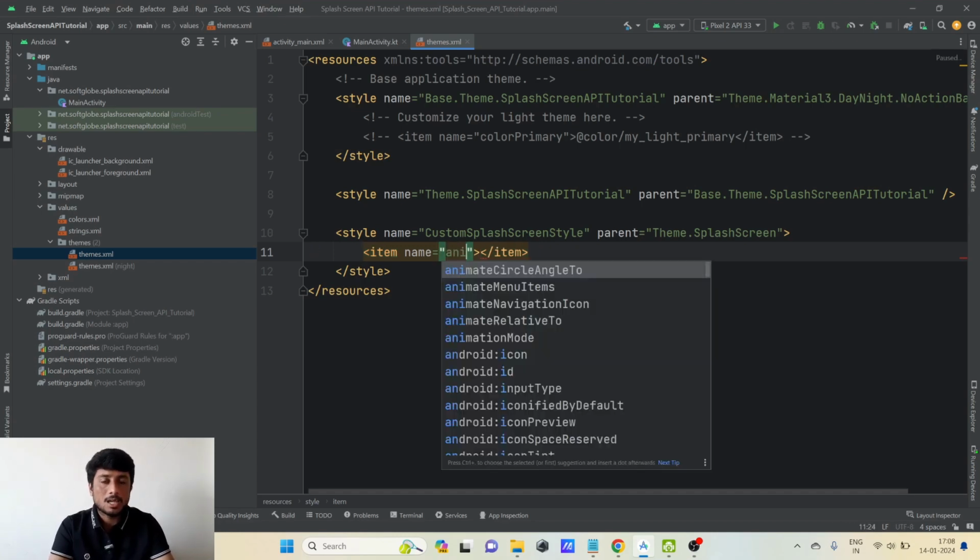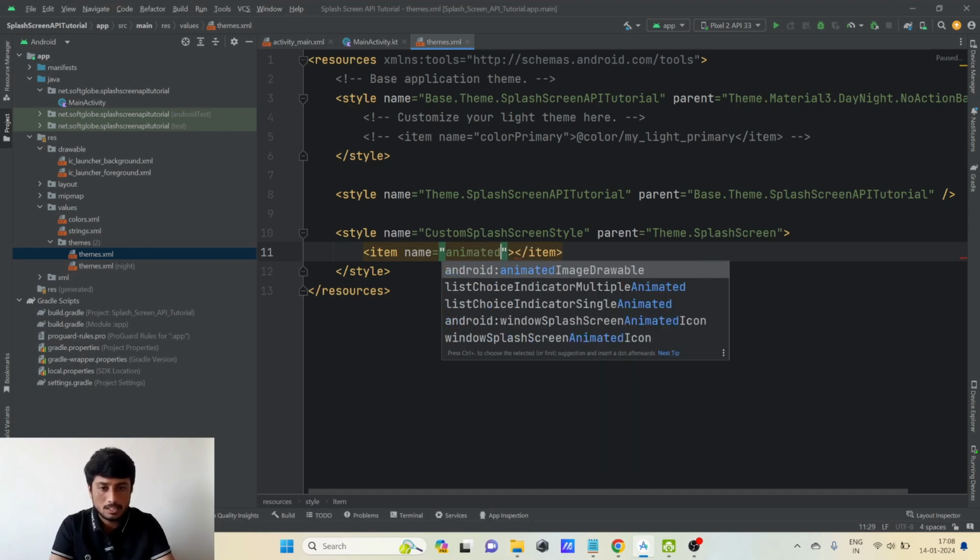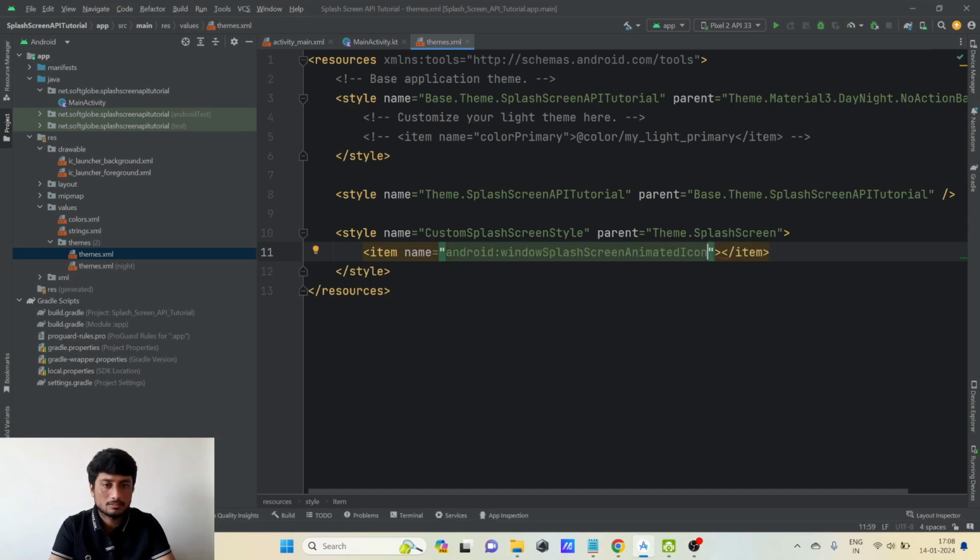As the splash screen API also supports animation of logos on its splash screen, it has one attribute, windowSplashScreenAnimatedIcon. So even though we don't have any animated icon, we can declare our icon in this attribute. So let's create